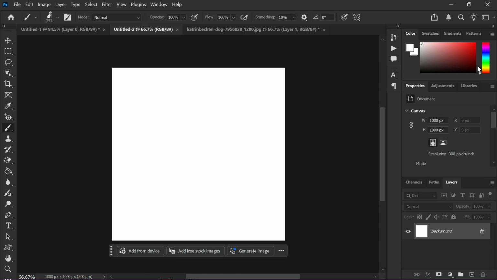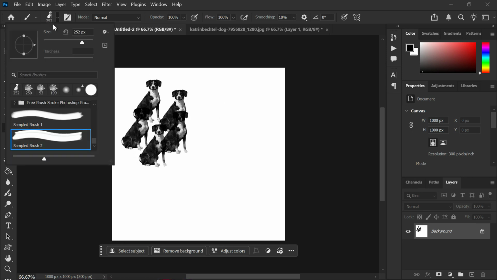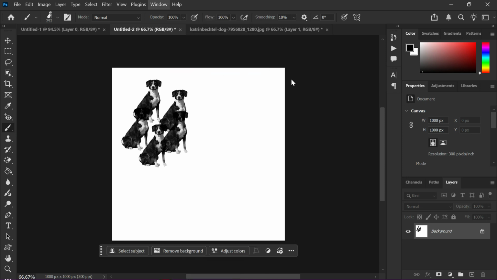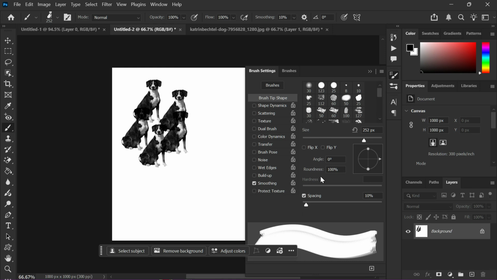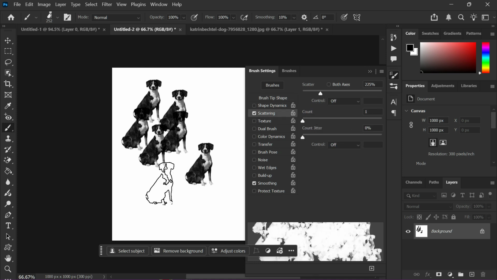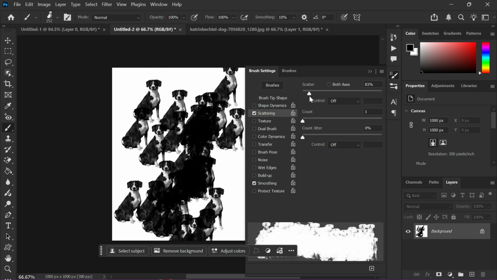Open your brush settings panel, which you can find under the Window menu. Click on Scattering and increase the scatter percentage significantly. You will also want to go into Shape Dynamics and increase the size jitter and angle jitter. This ensures that every time the brush stamps the subject, it appears at a different size and a different rotation. Now, simply click and drag across your canvas. You will see your subjects appearing randomly scattered in a natural, organic way that looks much less digital than a standard pattern. If you want more control, you can adjust the count and count jitter to decide how many subjects